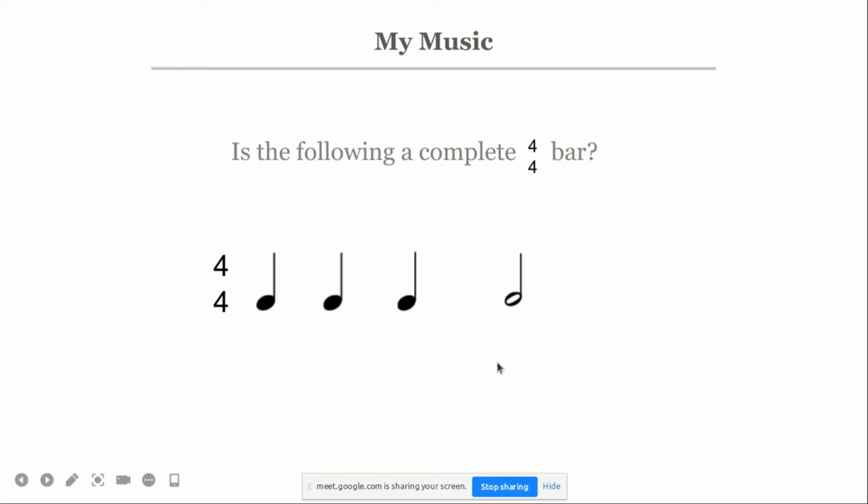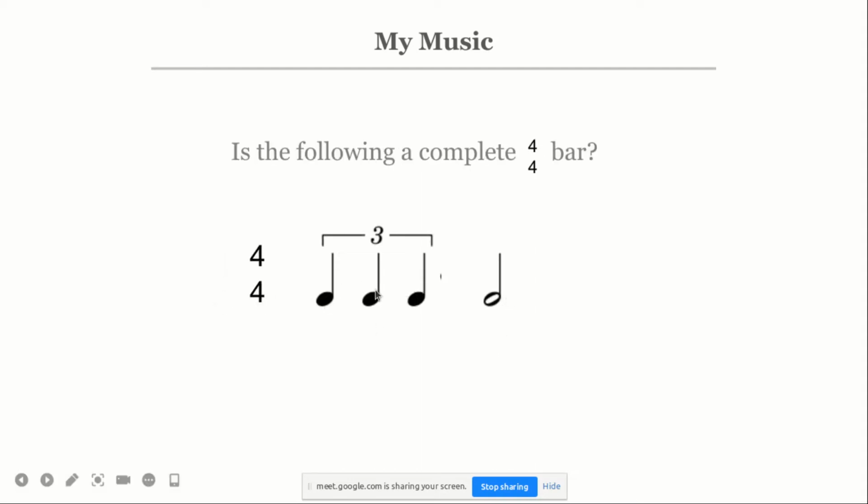Yes, we have 5 crotchets. So look at this other one. Is this one a complete bar? Yes. No, it's not. Why? Because as you have said, for the triplet bars, they only identify 2 crotchets. This is a triplet, Cindy. Now this triplet, they are 3 crotchets. And they are equal to how many crotchets?